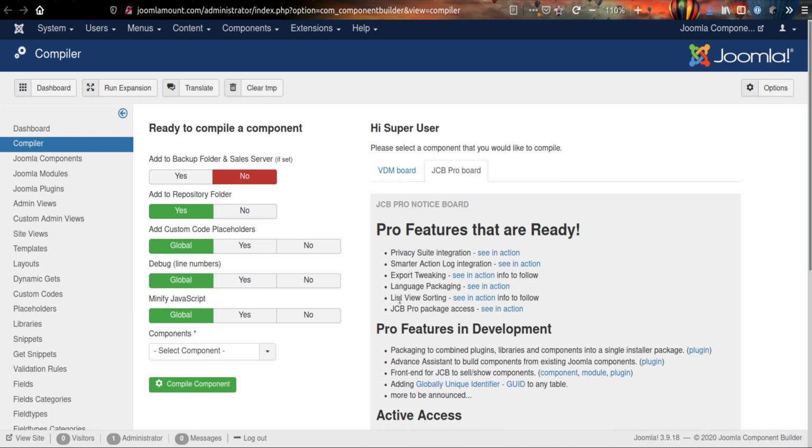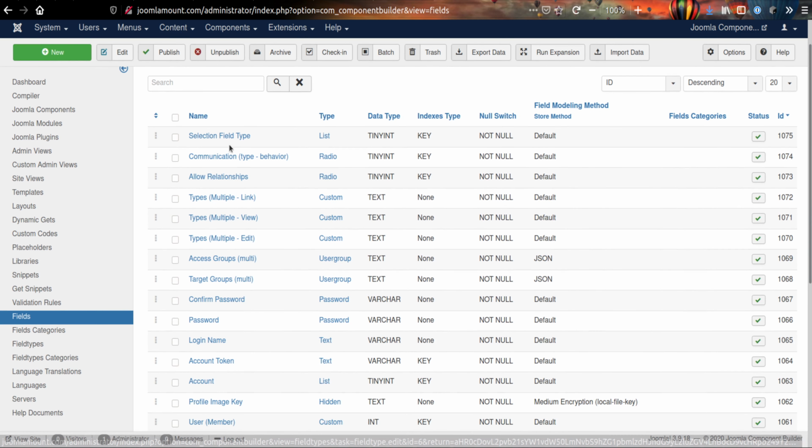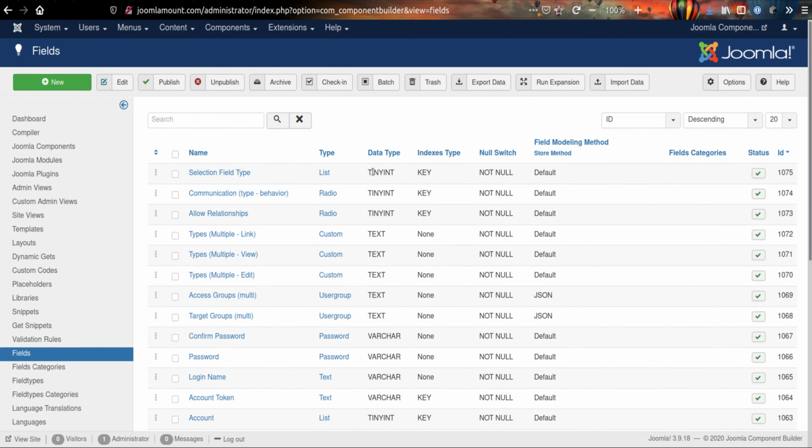Okay, I want to demonstrate list view sorting. Finally, a feature which I know would get many of you very excited. It's a feature which I think has been very lacking, and I'm very happy that it's finally arrived. So let's demonstrate. Taking the list view of fields as an example, you see we have these different columns: